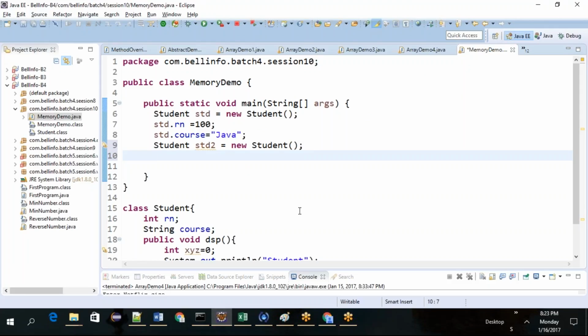So now, where is the string concepts? Give me 1 second.